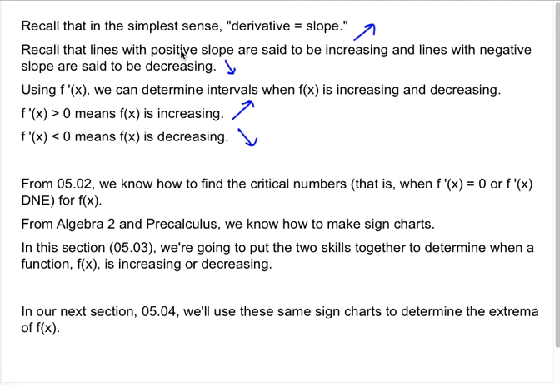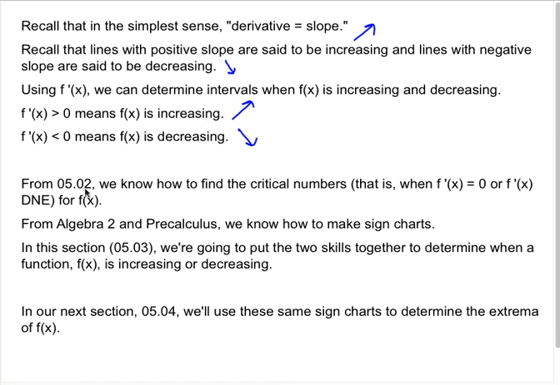So we can extend that logic to talking about f prime of x and realize that when f prime of x is positive, we are talking about a function f of x that is increasing. And when f prime of x is negative, meaning less than 0, that we are talking about f of x decreasing. So from 5.2, we know how to find critical numbers, which is when f prime of x is 0